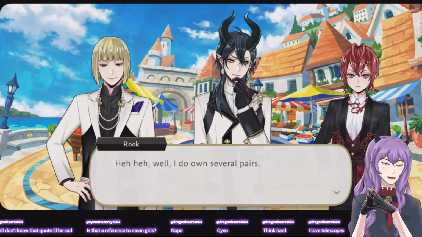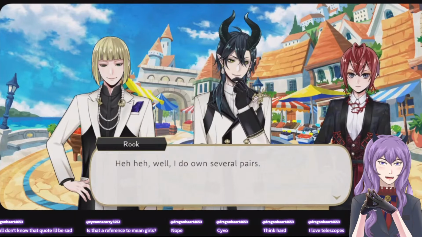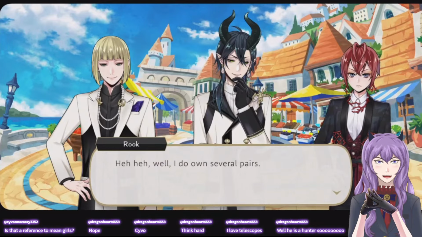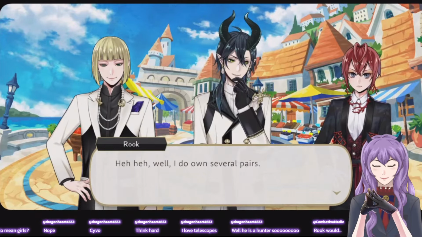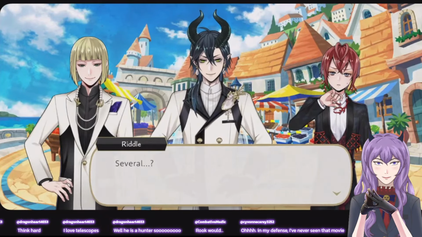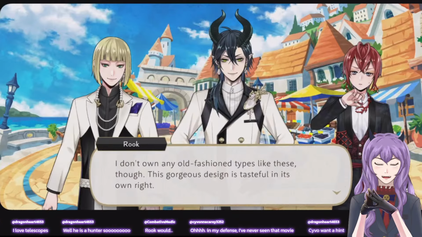You're like, yeah, I own several pairs, like several handbags, several pairs of pants, several pairs of shoes, and this guy just owns several pairs of binoculars. What do you need all those binoculars for? I guess he's got one for watching plays, one for hunting, one for people watching. So funny. Several? Yeah. I guess he's got a binocular for every occasion.